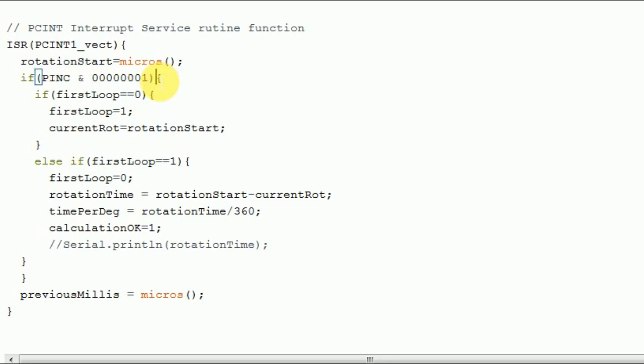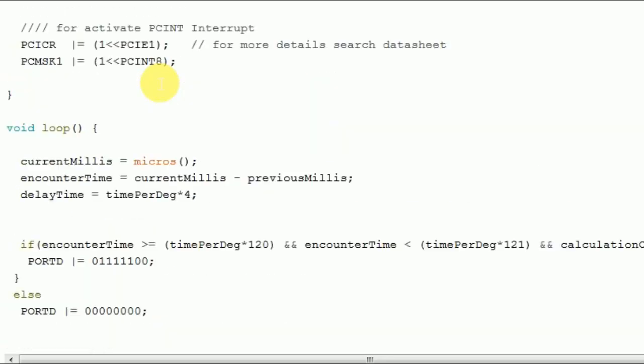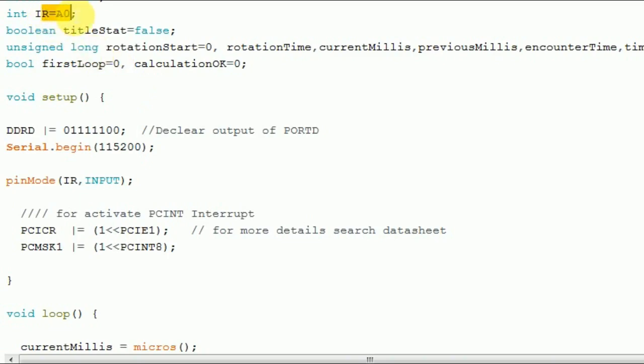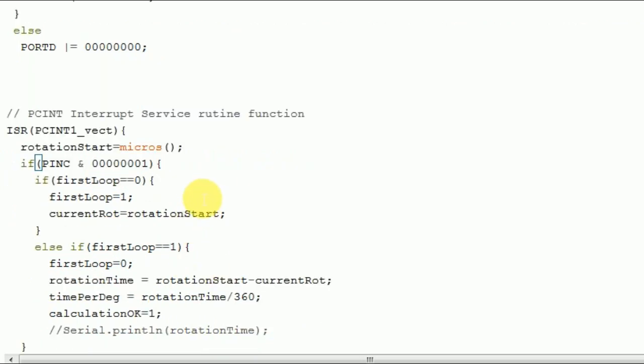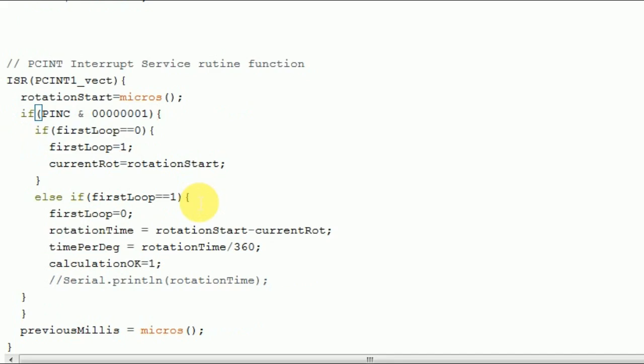Here the interrupt pin we use is H0. A pin change interrupt, PCINT, generates an interrupt twice, when it goes low to high or high to low. You can use only simple interrupts, which are INT0 and INT1, in this project, but we are using PCINT. Then that timer value is stored in the current rot variable.